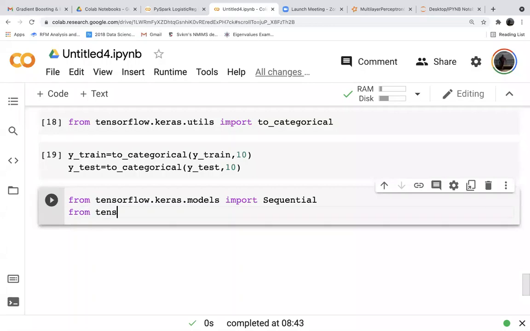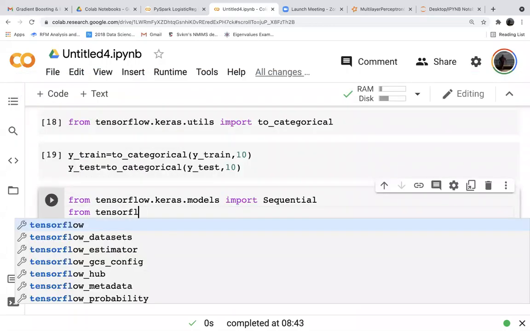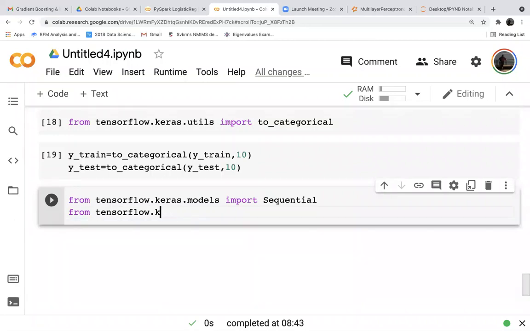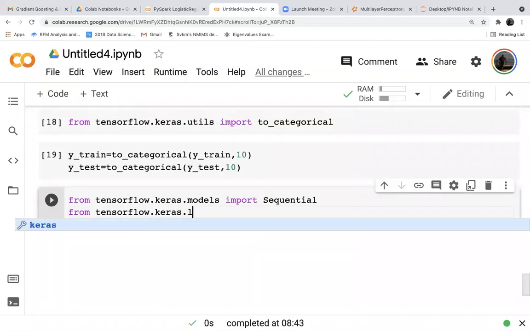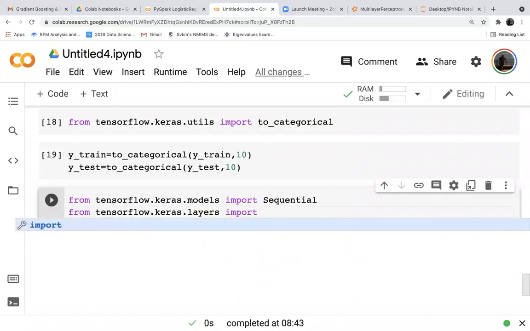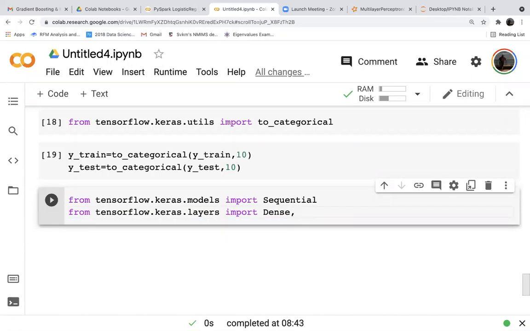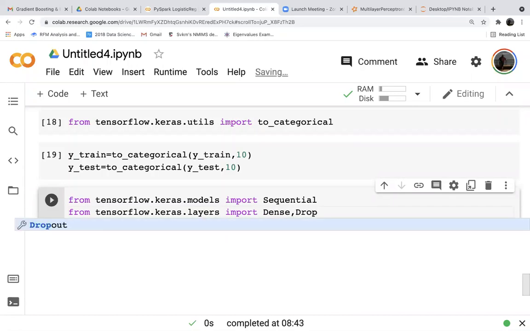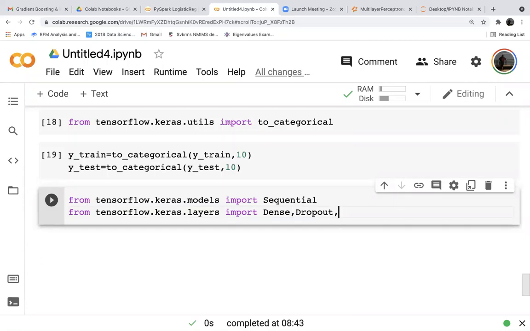From tensorflow.keras.layers import Dense. This is the neural network layer, along with Dropout if you want to drop out anything, and Activation.